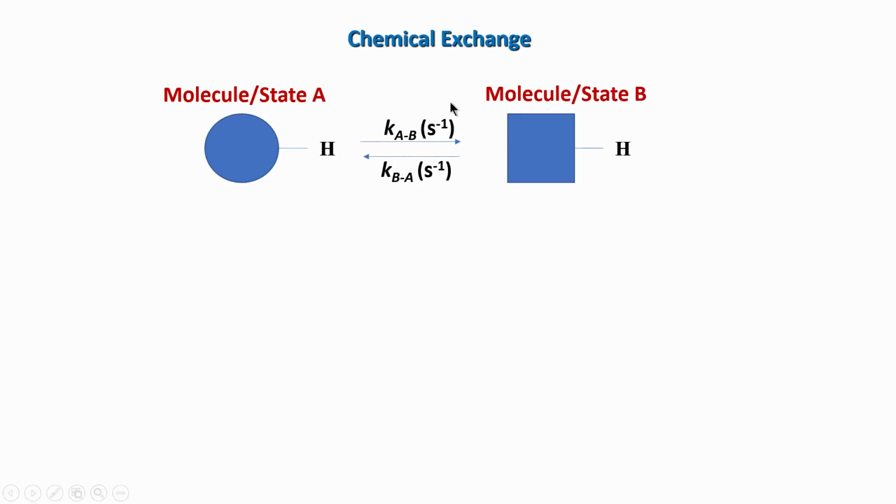So, suppose this conversion is characterized by rate constants. Rate constant means how fast it goes from here to here, and the rate constant for how fast it goes back from here to here. So, typically this kind of change of a protein state from A to B is reversible, meaning suppose I have a ligand which binds to protein and the ligand is not a very strong binder, then the ligand will not always be bound to protein. So, the bound form can be thought of as state B, and the free form of the protein can be thought of as state A.